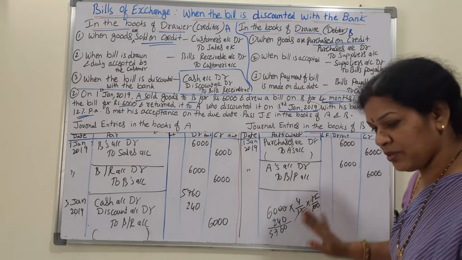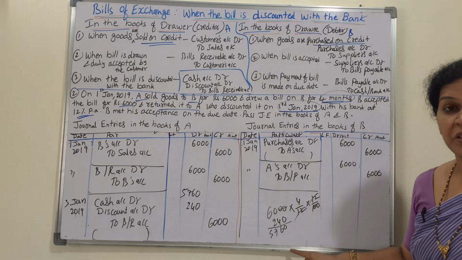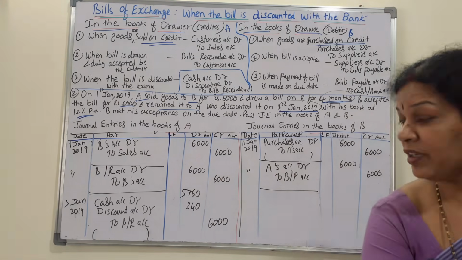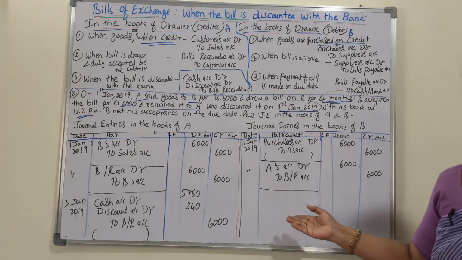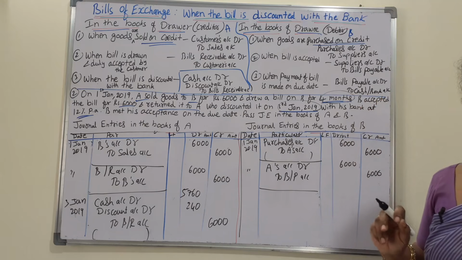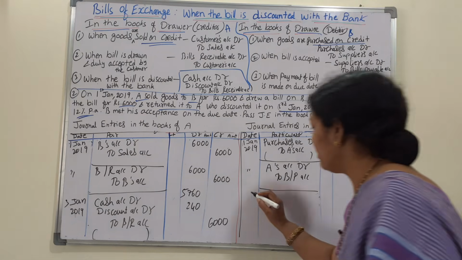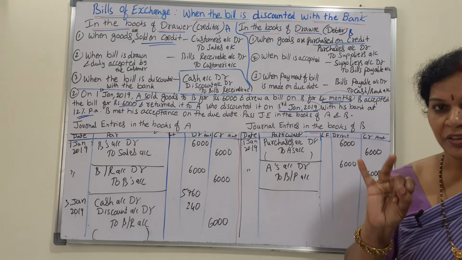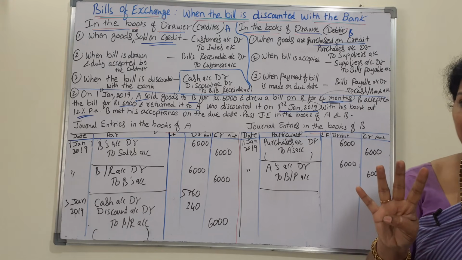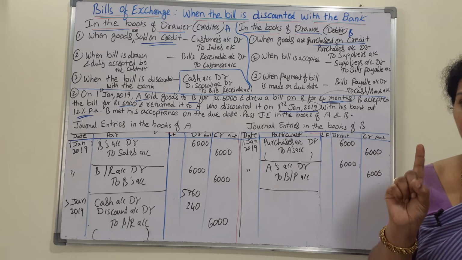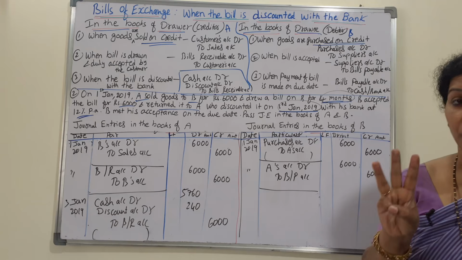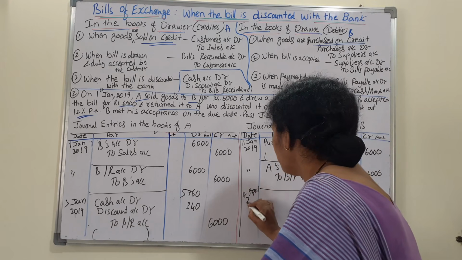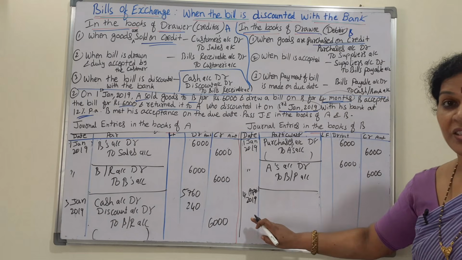Now here what comes. Have you noted this calculation? Now here it comes as usual. He is accepting the bill on date. When he is paying, bills payable debit to cash account, we know that. So bills payable, this is on due date. Due date means after 4 months: January, February, March, April, and 3 days grace period also. April 2nd, 3rd, 4th. 4th April 2019 it comes. On this date. Got it?